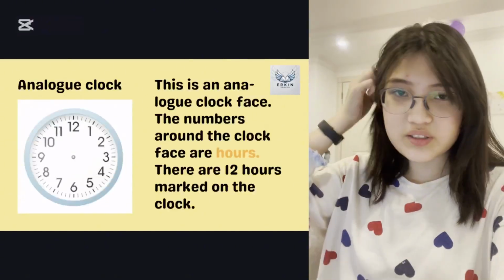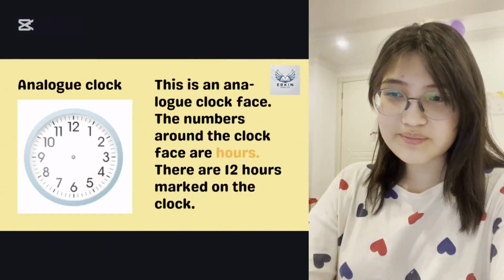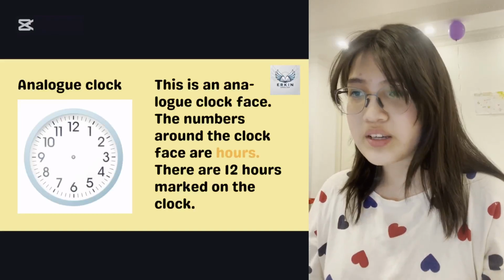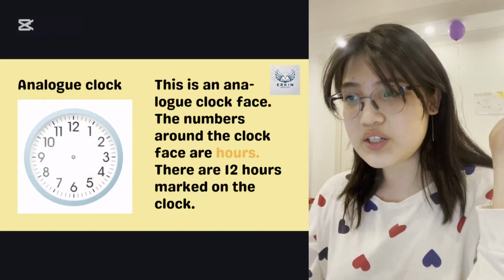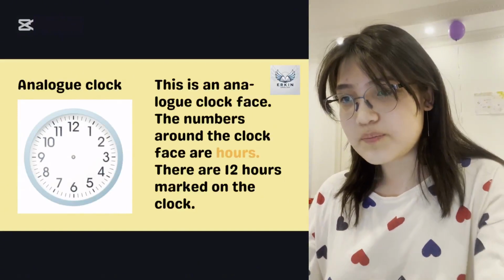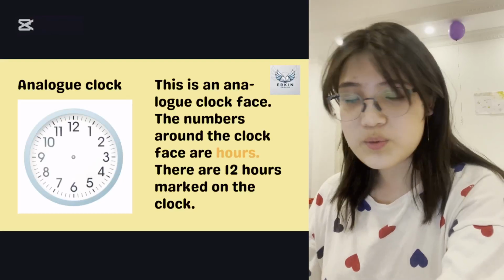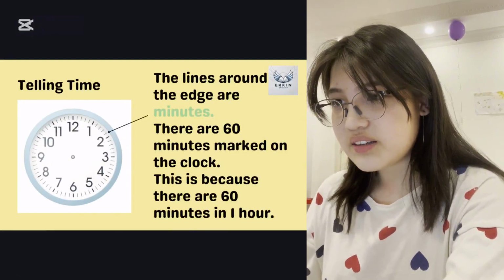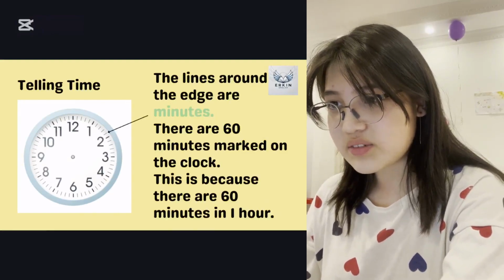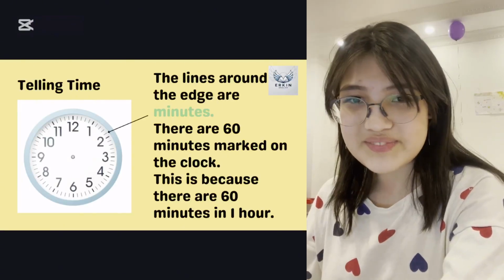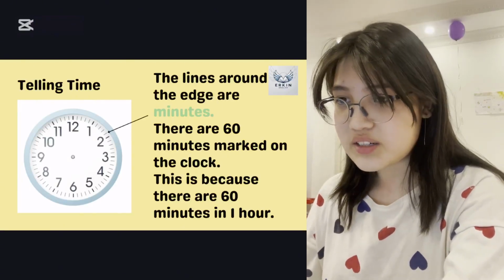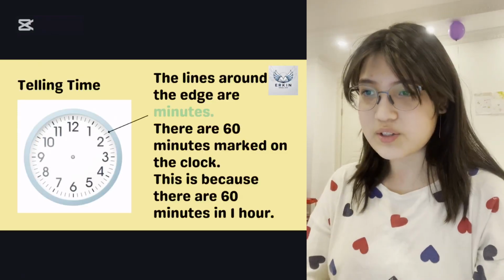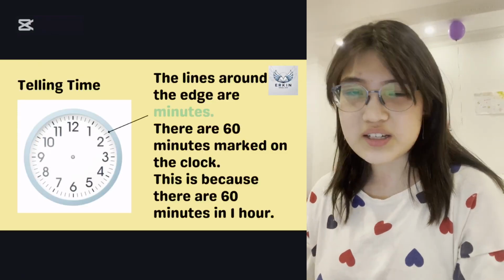Since we already know about days, months, and ordinal numbers, we can also learn about telling time. Here we have an analog clock, which can be used for telling time, and as you can see there are 12 numbers, which represent the hours of the day. And then the little lines sectioning in between each hour represent the minutes. And overall, you can see that there are 60 lines on the analog clock,